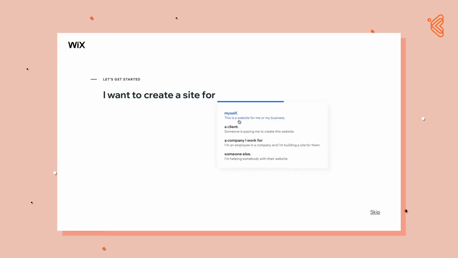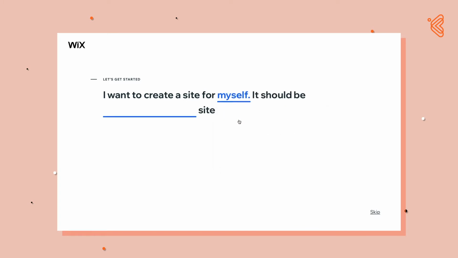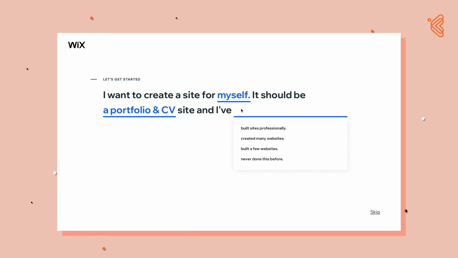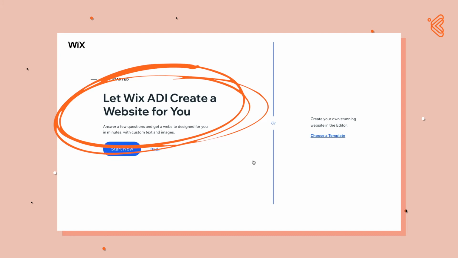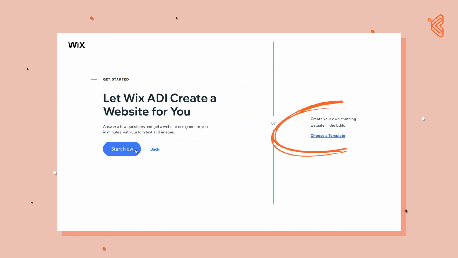The very first page will ask you what kind of site you want to create, and you can select Portfolio and CV. Wix will then ask you to choose between letting them create a website for you through its ADI, which is the Artificial Design Intelligence, or choose a template and BYOW, which means build your own website. If your work will speak the best for you in a no-fuss design way, then go ahead with the ADI.